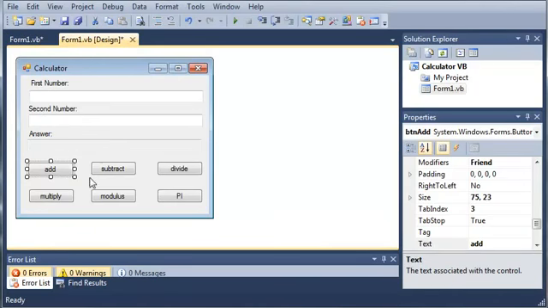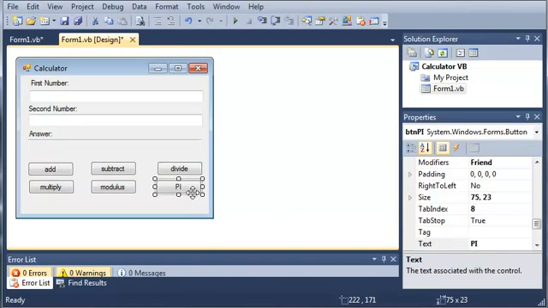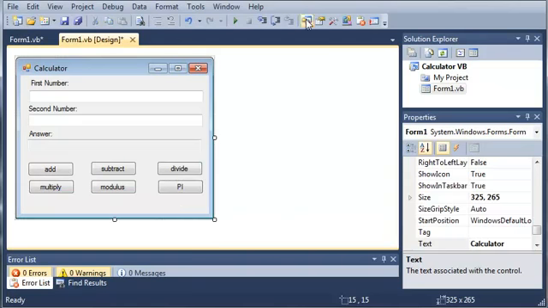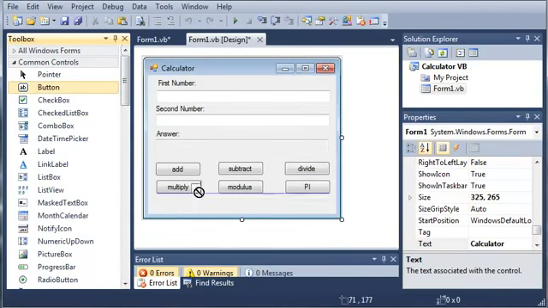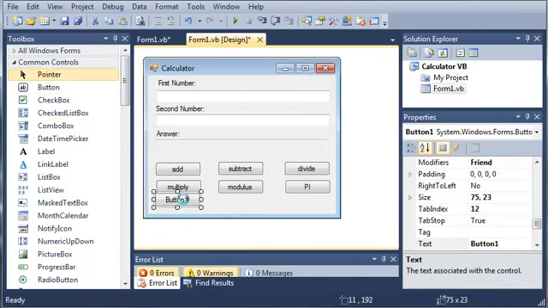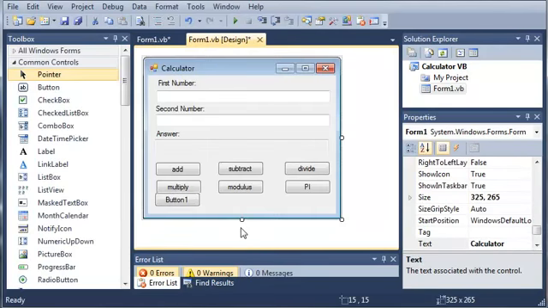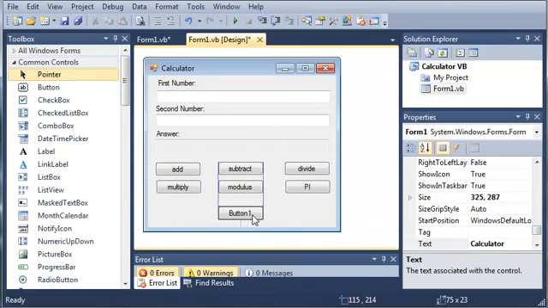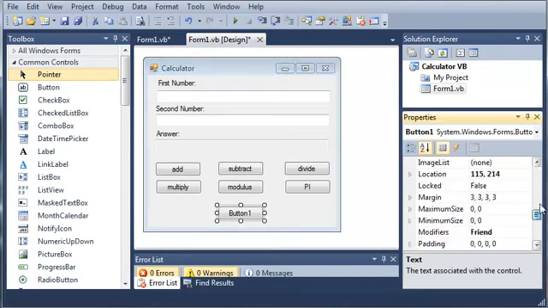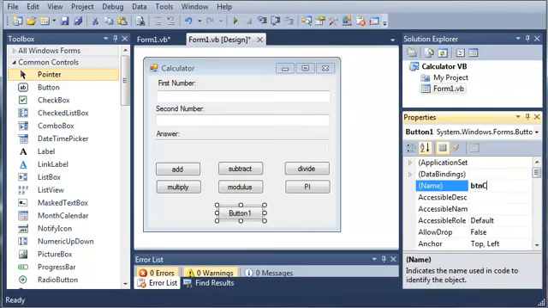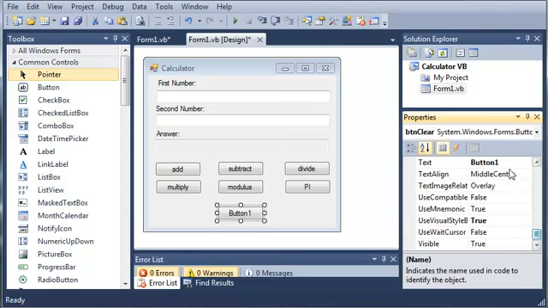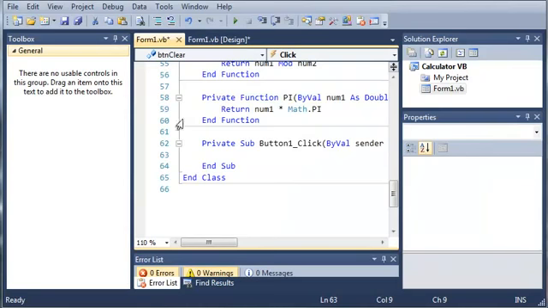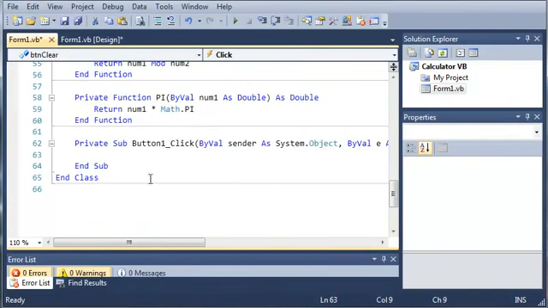And what we need to do, because we're allowing them to do this, we need to add a clear button. So we'll just come over here to our toolbox, we'll add a button down here, and we will set the name to button clear. So we'll come up here and change it to button clear, and then we will set the text to clear. Now if we go ahead and double click on this, it opens up the event for this,